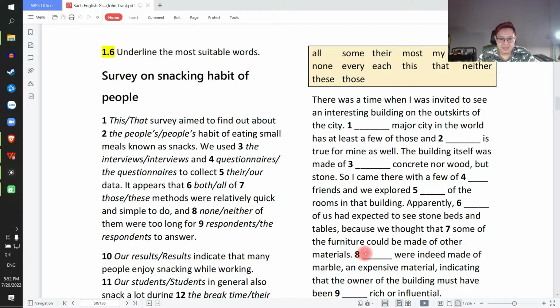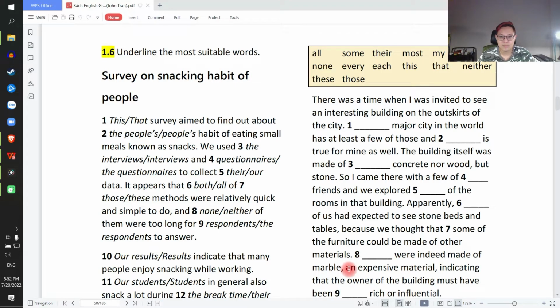Number 8 is these or those were indeed made of marble. So these or those describe the stone beds and tables that we saw. Cái chữ these và chữ those này là những cái đó hoặc những cái kia, nó nói về cái stone beds and table, số nhiều. Number 8, these or those were indeed made of marble. So it describes the stone beds and tables in plural. So these or those are okay. Cả hai cái these or those đều được nha. These or those were indeed made of marble. Những cái đó hoặc những cái kia, những cái đồ đó đã thực sự được làm bằng đá hoa cương,